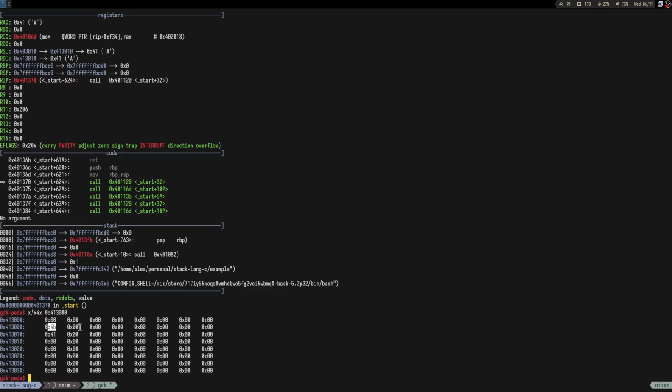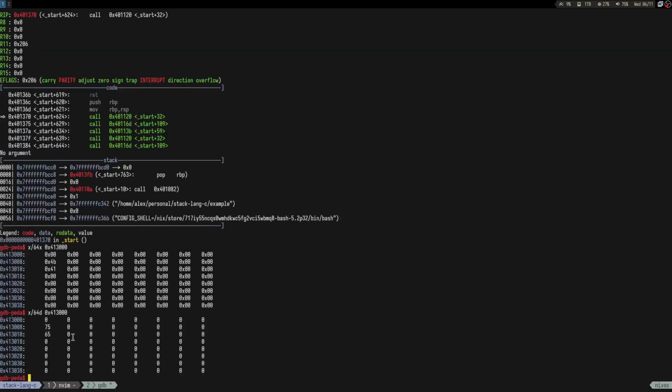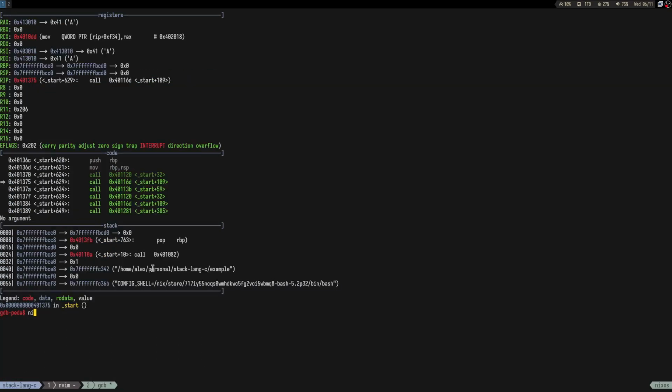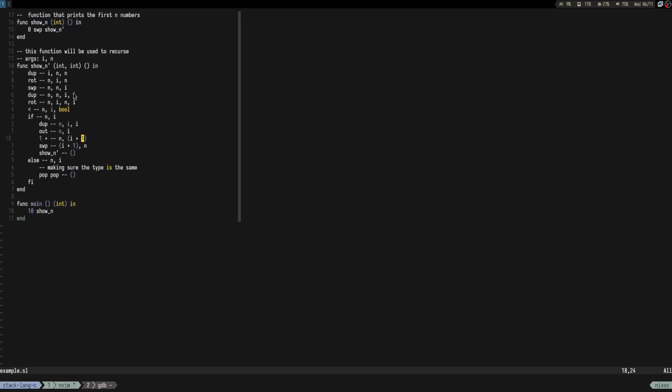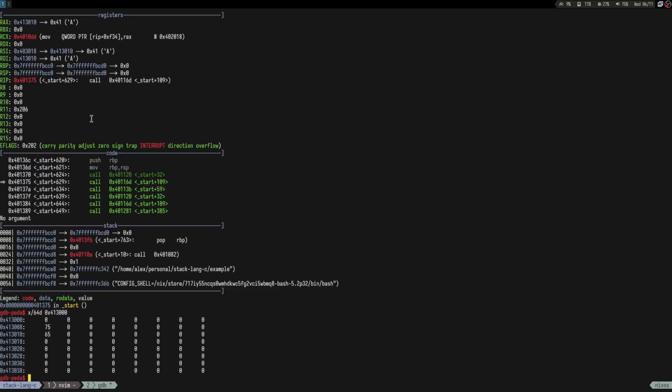So we have 75 and 60. Wait, I can even do decimal so we can just see it like normal humans. Okay, so next instruction, and let's check the memory. That one didn't do anything. Dupe. I mean, obviously didn't do anything because it actually did something on the